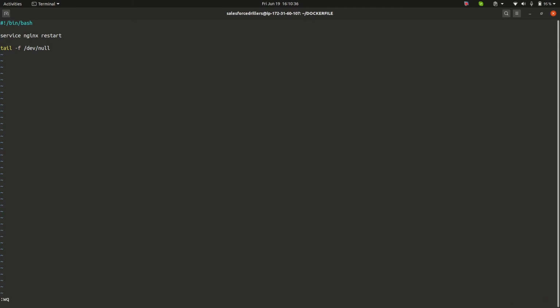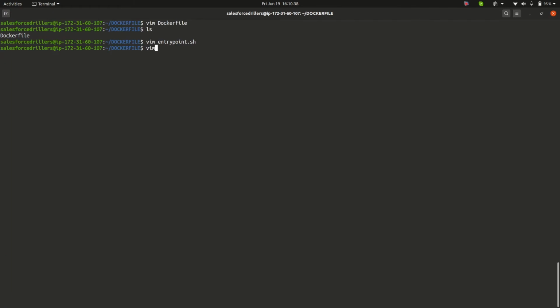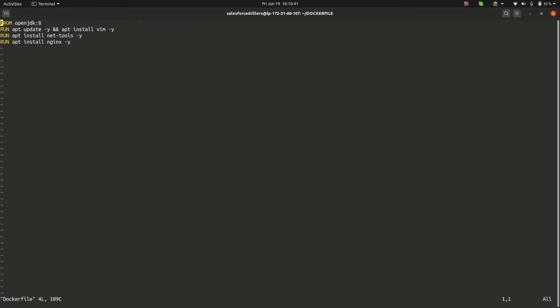So let us save this file. Now let us open our Dockerfile again. As we can see, from OpenJDK:8, meaning from this base image, we are installing vim, net-tools, nginx, and now let us add one more option.